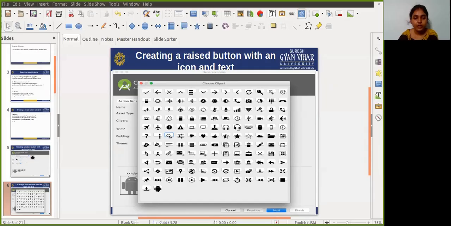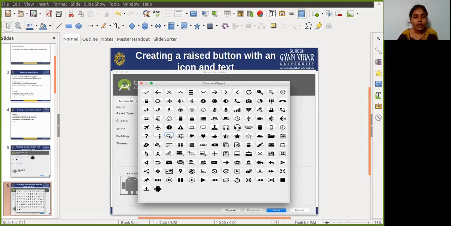So the Vector Asset Studio dialog appears for the vector assets, and just click the material icon radio button, and then just click the choose button to choose an icon from the material design space. Okay, and after that just click next after choosing an icon.